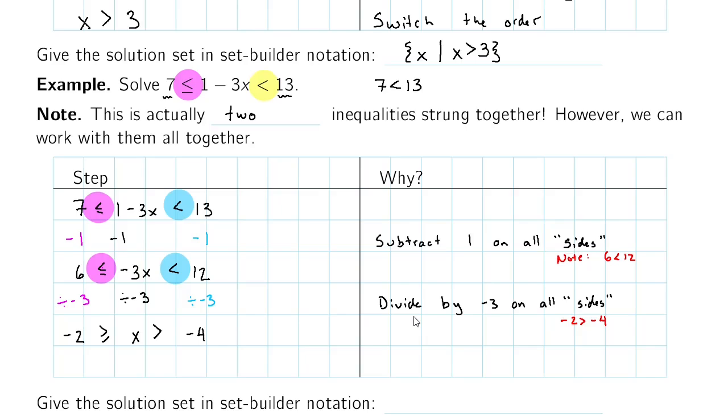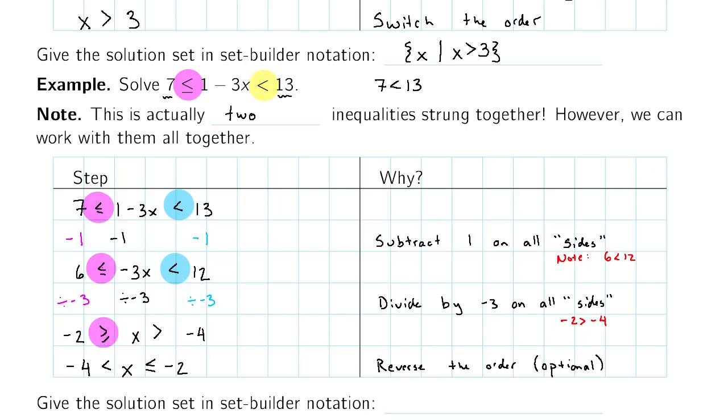Now, when we write one of these between inequalities, it seems like less than is the natural symbol to use, right? We like to write these from least to greatest just because that's the way we're used to seeing numbers, going from least to greatest. So the last thing we can do is reverse the order. This is optional, but it's something we'll often see done. So the negative 4 comes first, and then x is greater than negative 4, so negative 4 is less than x. And then negative 2 is greater than or equal to x, so x is less than or equal to negative 2. Notice that when we do that,